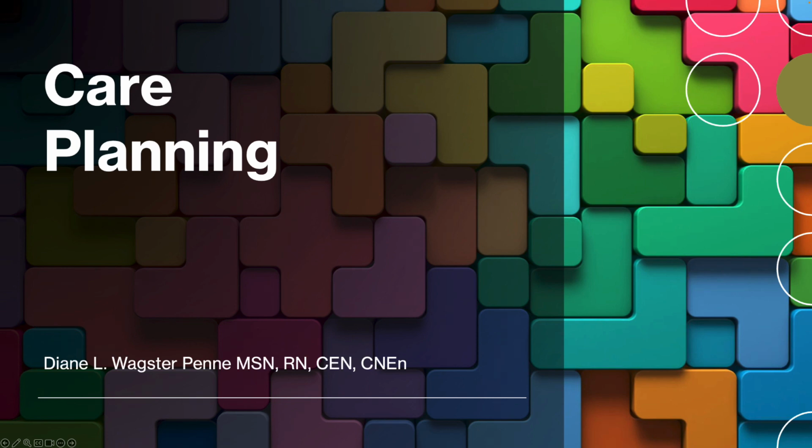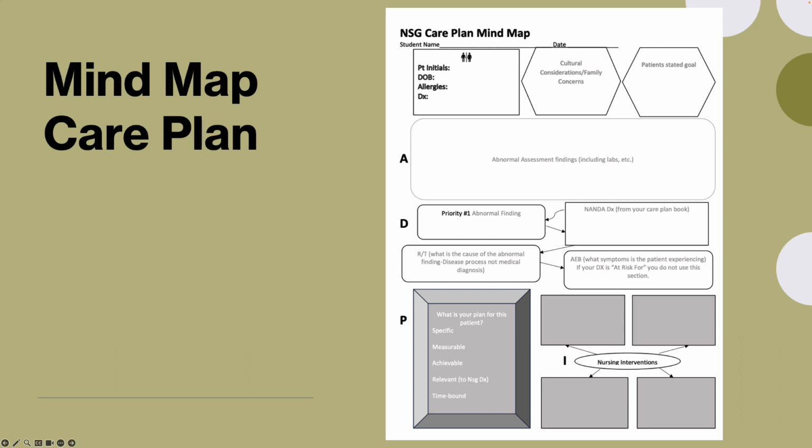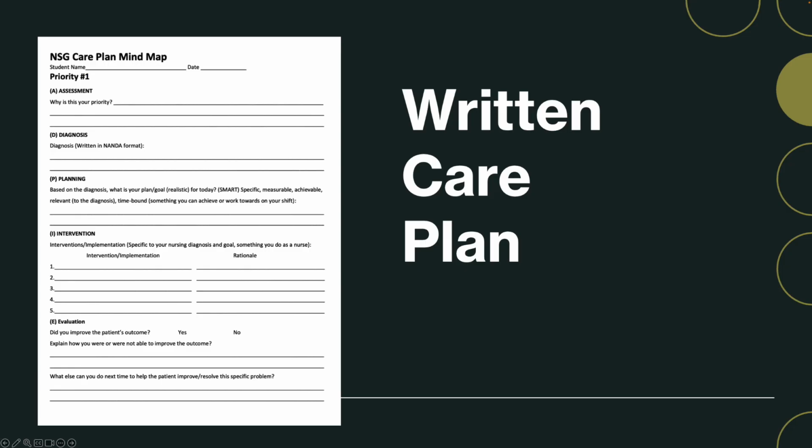So let's take a look at the two aspects in an overview, and then we will break them down further in the following slides. This is the mind map with the ADPI sections. So I've broken them up into sections to help you put the pieces together when you're converting this into this format. And this is the same, the ADPI. You can see the ADPI there. The only part that's not on the mind map is the evaluation aspect, which we'll go over later in this presentation.